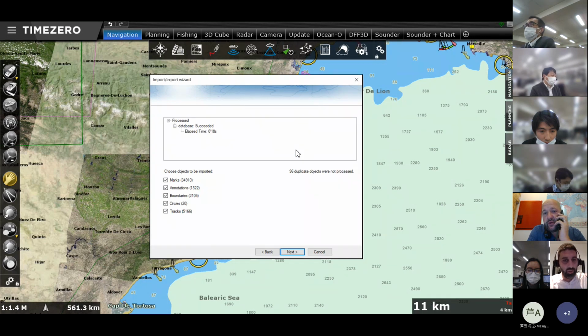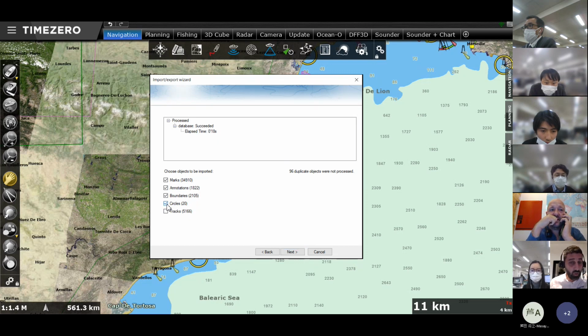So I can see that automatically TimeZero cleaned a little bit my database because there were 96 duplicate objects in the database. So TimeZero decided to not import these duplicate objects. But it's telling me that TimeZero found 34,000 marks, 1,800 annotations, boundaries, circles, tracks.